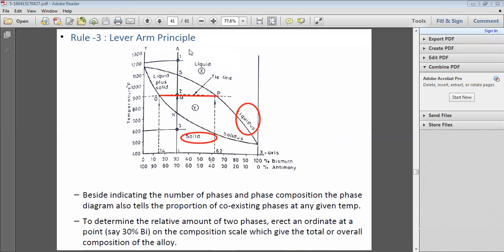If we go on to this part, we see that this is basically a solid line, O is on the solidus line, and the point P is on the liquidus line. So OMP overall is an isotherm that is connecting both the two phases, the solid and the liquidus line.